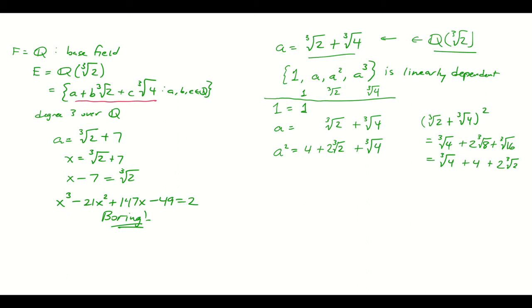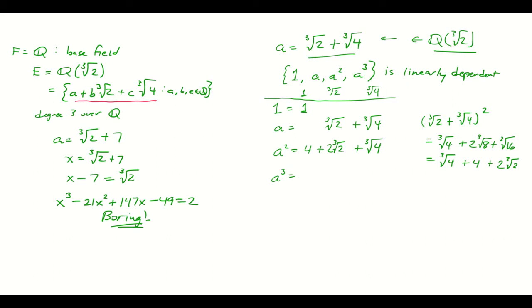Now, it's likely at this point that I don't have a dependency quite yet. In fact, I know that I won't, because this element here has the same coefficient on cube root of 2 and cube root of 4, and this one doesn't. So I don't think there's going to be any way of getting back to 0 without making both of these have coefficient 0. But if I pull in a cubed, I think that I will have a dependency among these